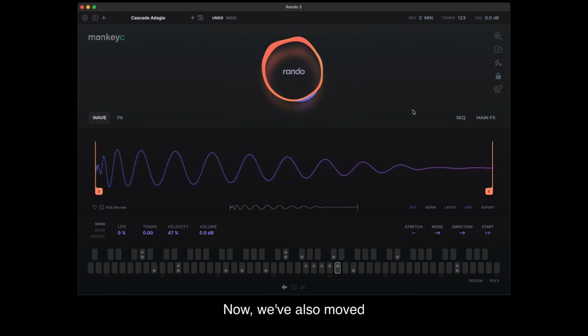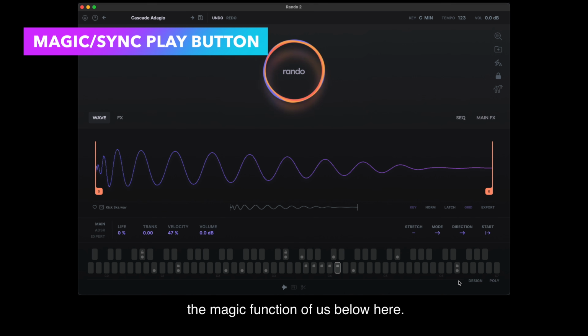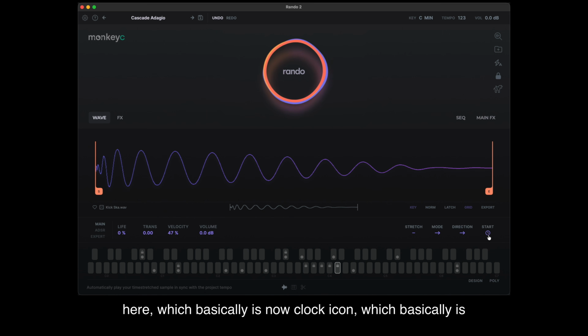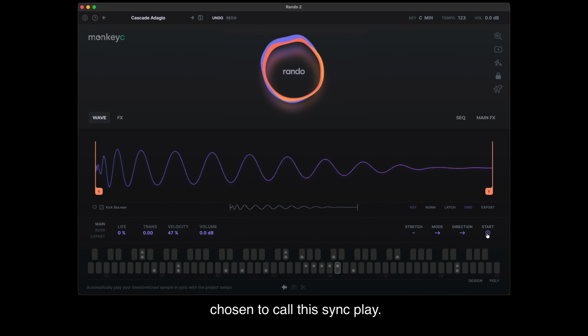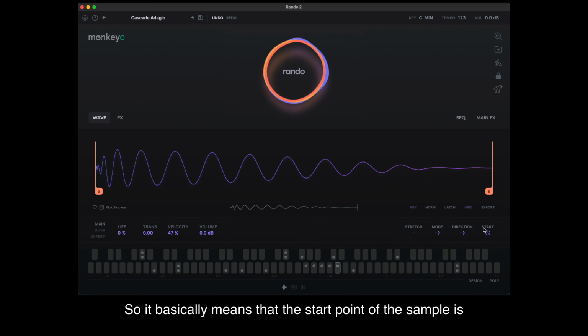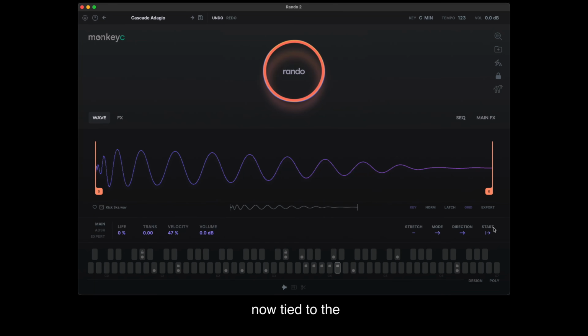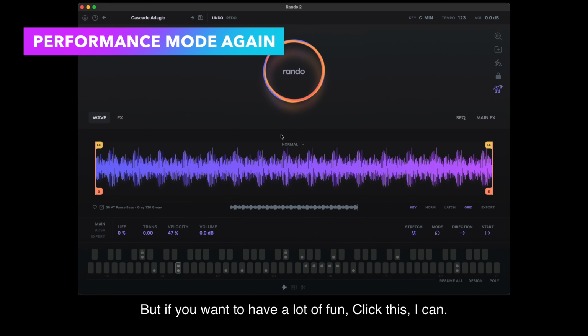Now, we've also moved the magic function that was below here. We've now moved that to here, which is now a clock icon, which is basically the same as what magic used to be, but we've chosen to call this a sync play. So it basically means that the start point of the sample is now tied to the transport or tied to other loops. And if you want to have a lot of fun, click this icon